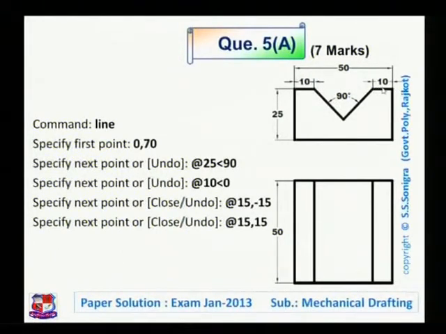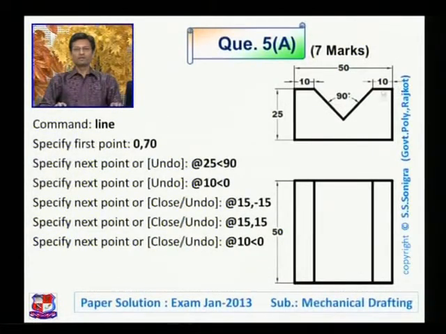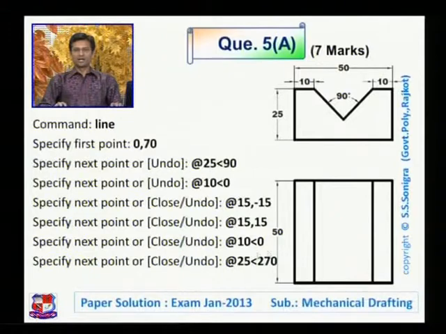Now to draw this line, the remaining 10 mm at an angle of 0 degrees. So up to this point we have drawn our solid. Now from this point, to draw this vertical line, what should be the length of this line? That is 25 mm, and at which angle? This angle would be 270 degrees. So write it like this: at 25 at an angle of 270 degrees. If you want to write 0 degrees or 90 degrees, then 25 mm should be inserted in negative. So minus 25 at an angle of 90 degrees will also draw the same line.